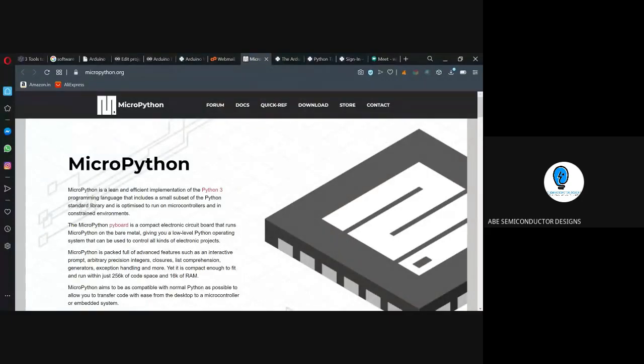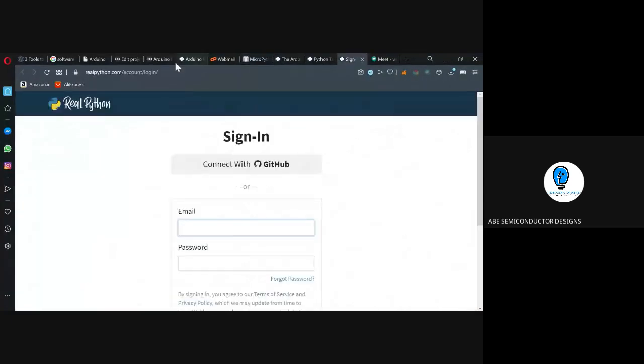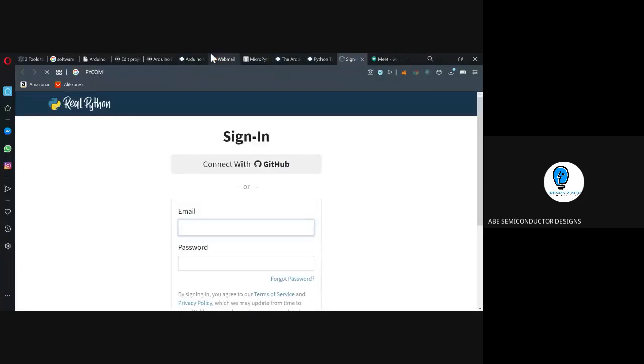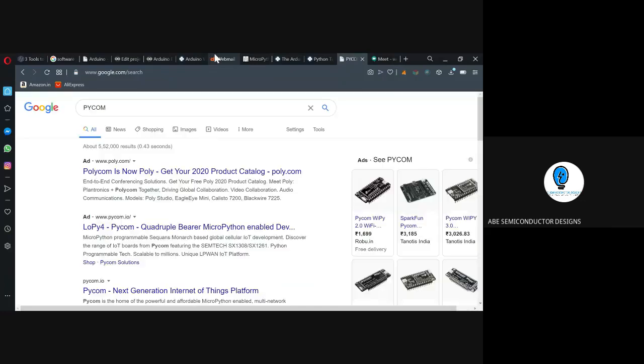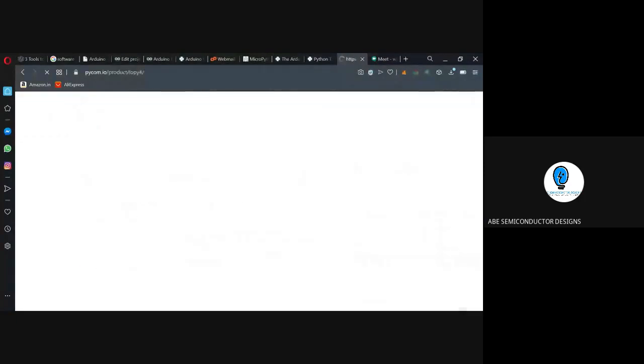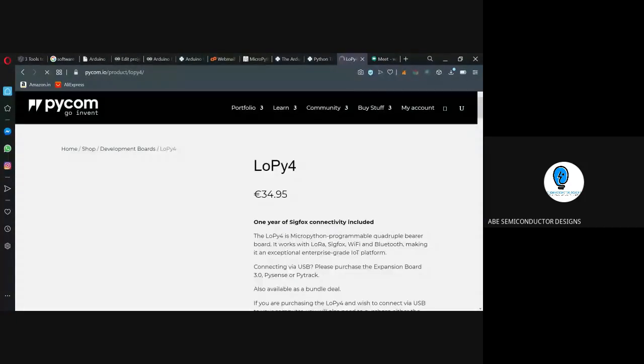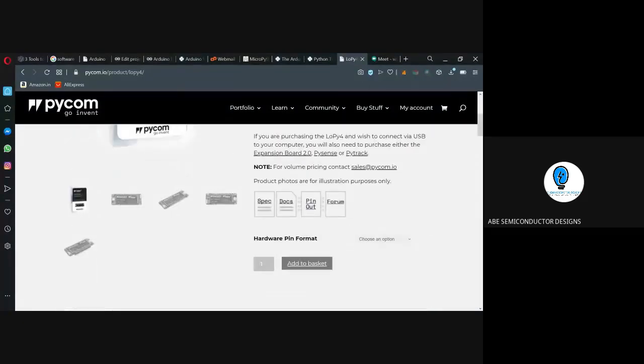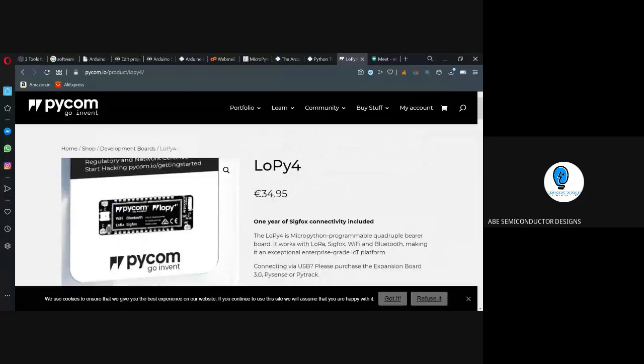Second board we come across is PyCom, P-Y-C-O-M. This is the most important board which can run on the Arduino platform. I show you the board actually. Yeah, so this is the board. This is the board which can be checked with your Arduino compatibility or Arduino platforms. So these are all the boards which are available for you. What is the specification? It is purely with your MicroPython. Everything runs on MicroPython.